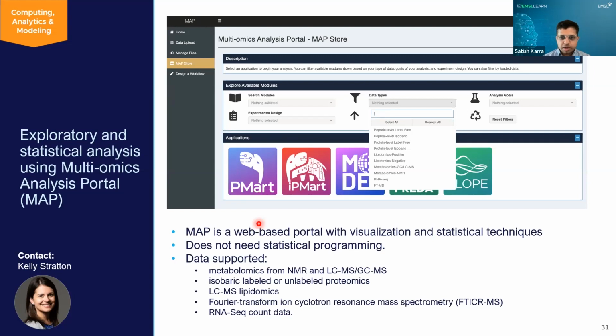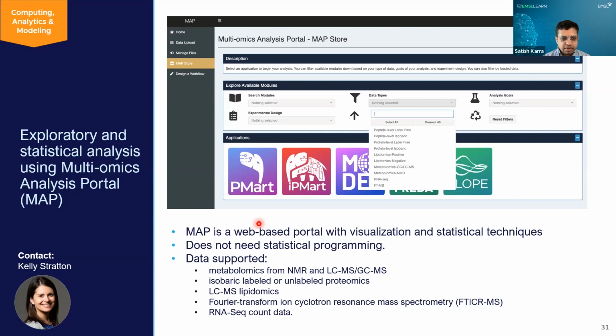Moving on, I'd like to highlight the next capability that's of interest as part of this call, and this is called MAP, which is the multi-omics analysis portal. MAP is a web-based tool consisting of a suite of analysis and visualization tools, primarily for multi-omics data coming from various EMSL instruments. As part of this call, we are seeking exploratory and statistical methods that will use this capability of MAP, and that's of interest.